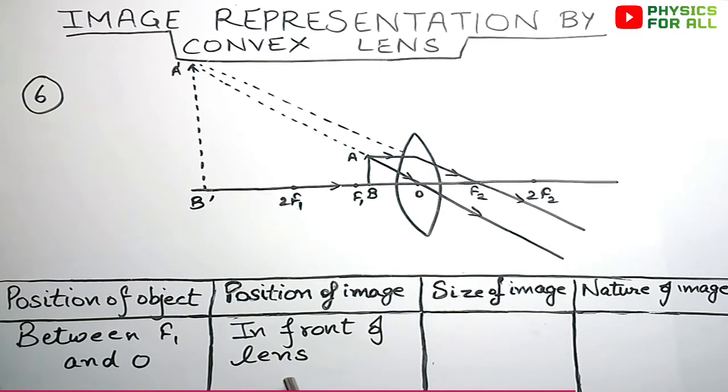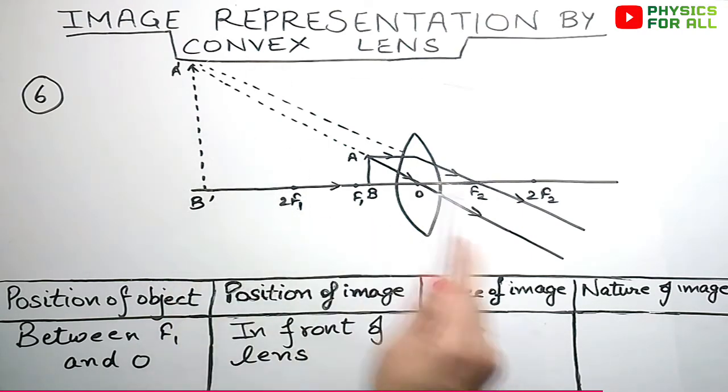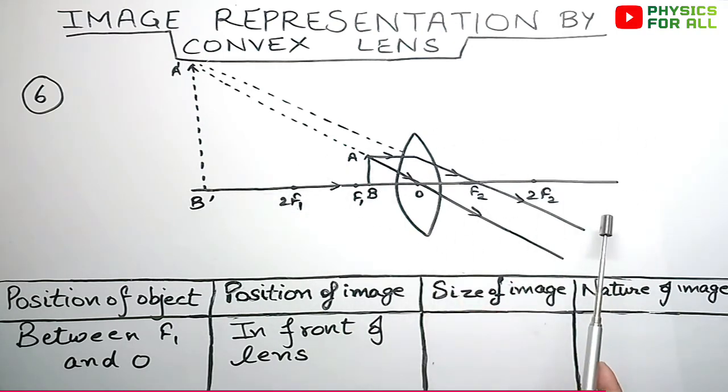Basically here I have written position of image in front of lens, because here we are not sure that it is definitely going to form beyond center of curvature. You can mention here that it would be beyond, but this case is not sure. The only thing we need to mention is that the image is going to form in front of the lens itself. See, in all the 5 cases, the image was forming to the right side of the lens. But this is the last case and the only case when image forms to the left side of the lens. So we can simply write that image forms in front of lens.